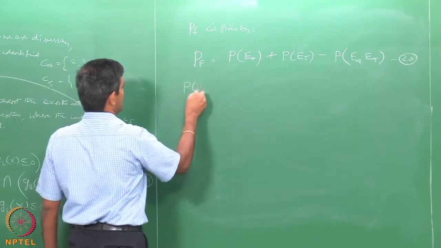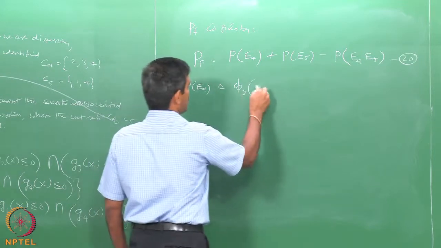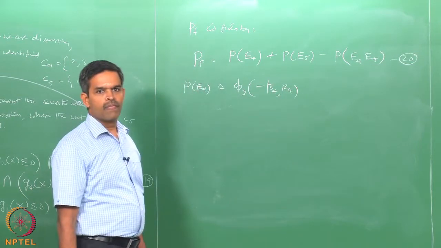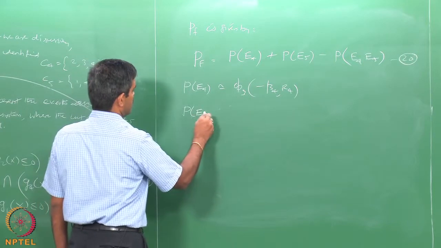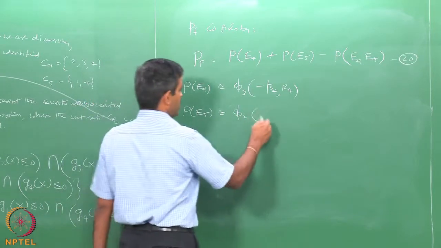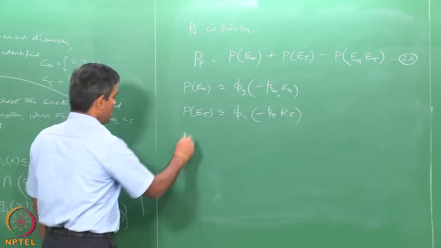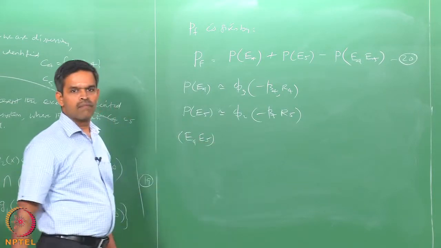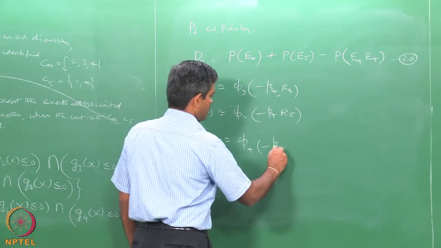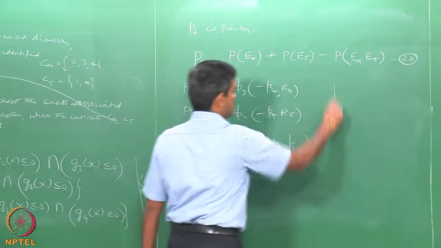So, for explanation, P E4 is nothing but phi of beta 4, P of E5 is approximately phi of minus beta 5, and E4 E5 is probability of phi 4 of minus beta 45 and R 45. Okay. Equation number 20,